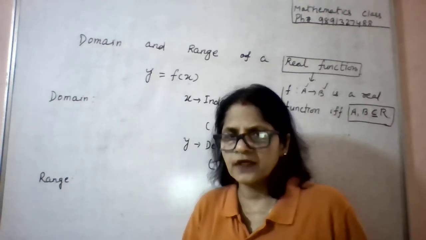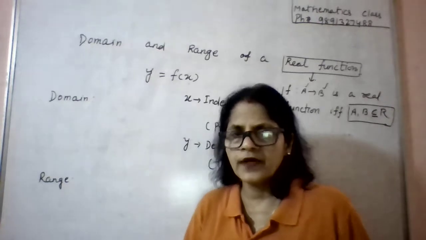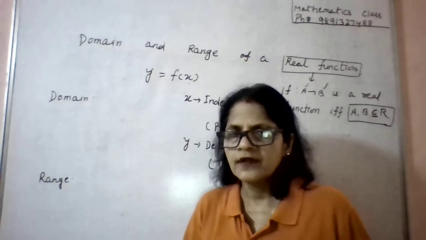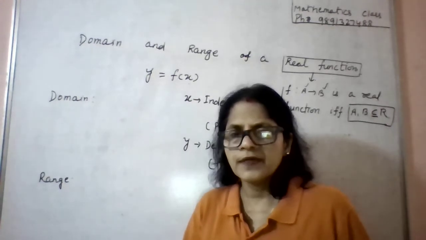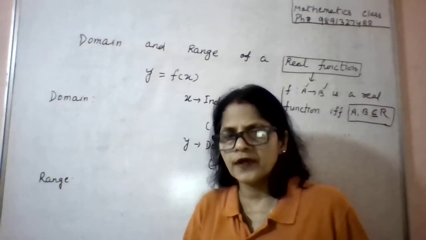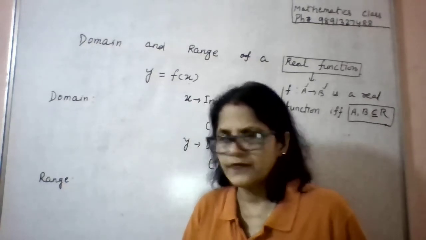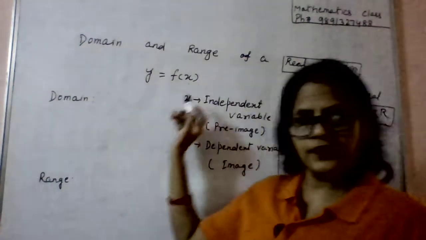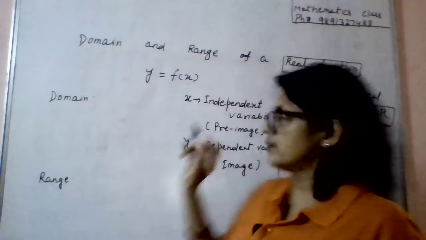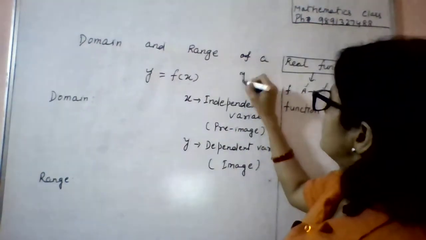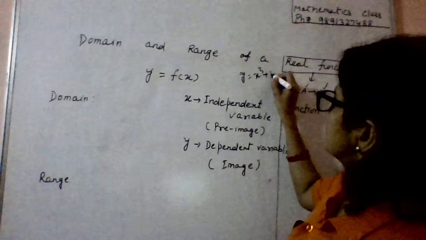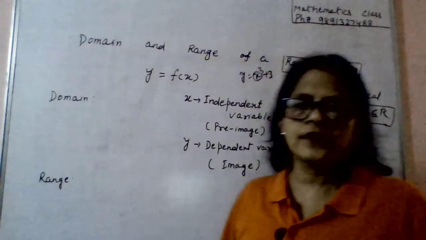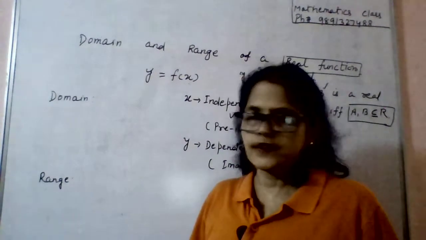So if nothing is given, domain and codomain are the set of real numbers, and also if it is given, these are subsets of real numbers. Basically we are not going beyond the real number set. Now you see, whenever you say y equal to f(x), if y equal to f(x) is a function, for example y equal to x cube plus 3, whenever you change values of x, y will automatically change.